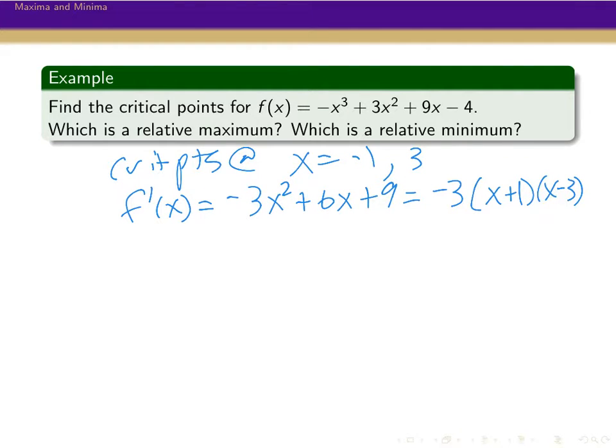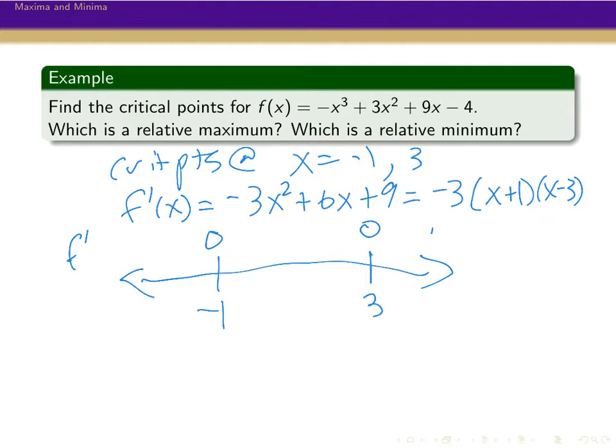So at these critical points, minus 1 and 3, the first derivative at both of them is 0. Now let's figure out what it is on the rest of the number line. So let's pick something a little bit smaller than minus 1. Maybe the easiest thing to do would be to pick minus 2. So if I pick minus 2, plug that into the first derivative, f prime of minus 2, that would be